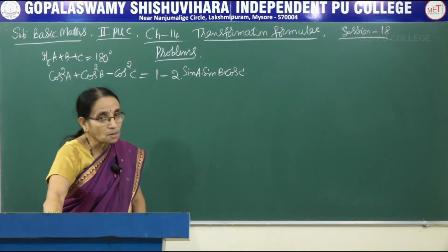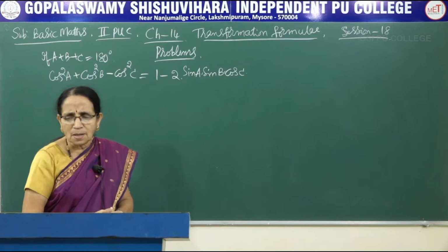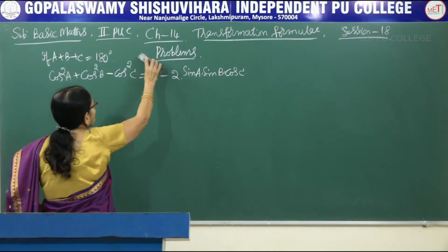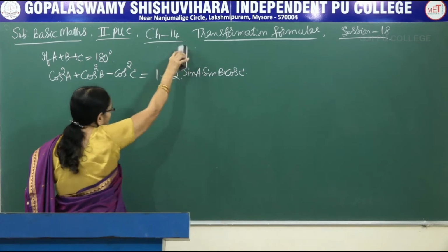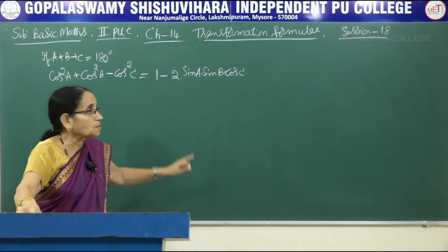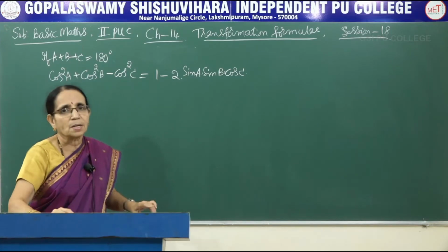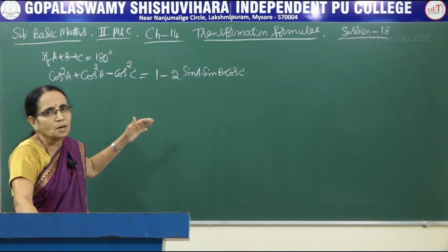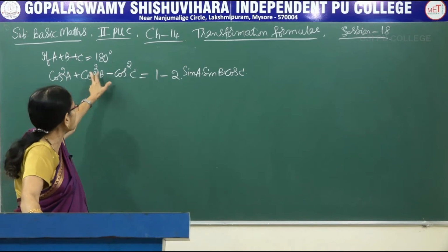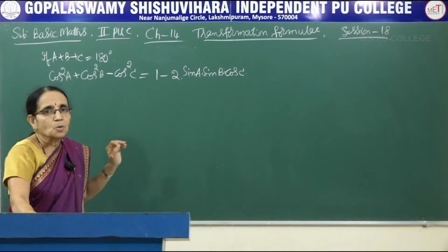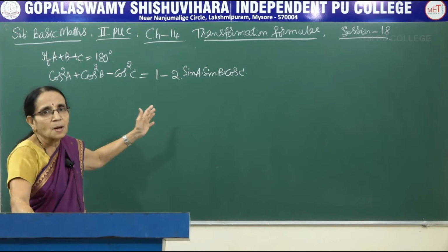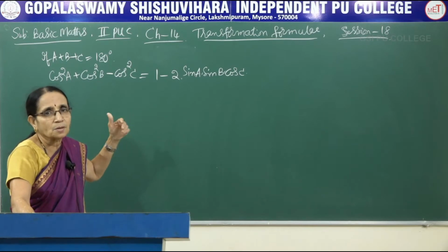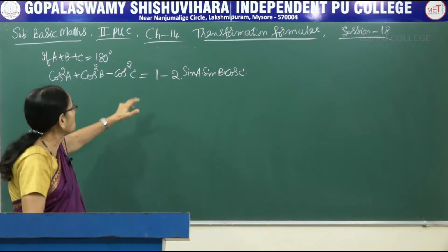Here again these are also a 5-mark question only, but the calculation is more in such problems. Look at this one. In the previous session, some problems we have worked out with the same data, A plus B plus C equal to 180 degrees. There we had cos of 2A, cos of 2B, or cos A, cos B, something like that. Whereas we are having here square terms. For square terms, you do not have any transformation formula. They have to be a linear term, cos of A, cos of B, or cos of 2A, cos of 2B, or cos of 4A, cos of 4B, like that. Now we are having square terms.